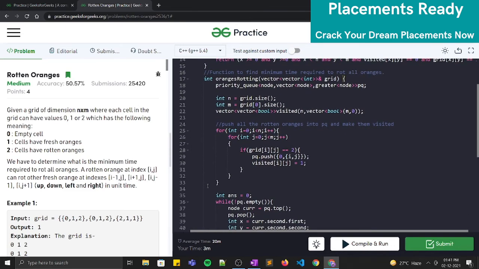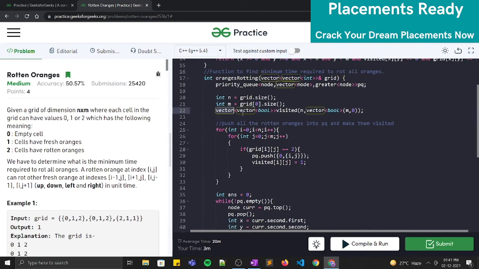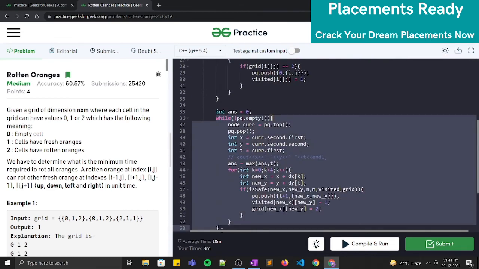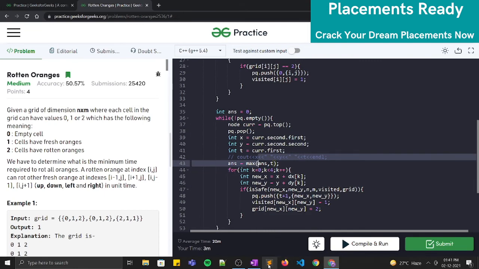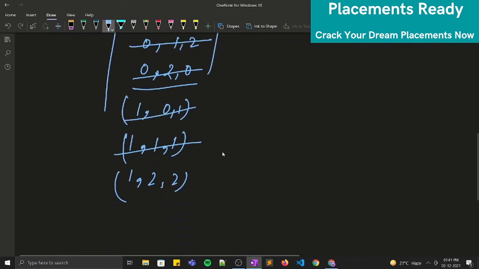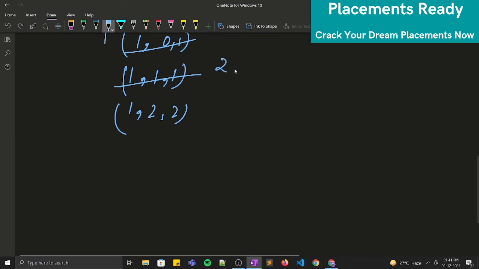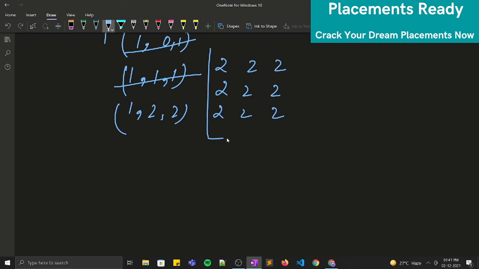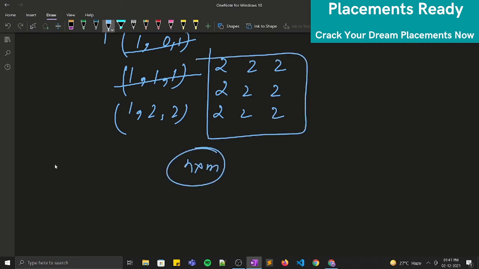Talking about the time and space complexity for this, we require a space of n cross m for the grid, and also the priority queue is there. Let's discuss the space first. Let's say all the oranges are rotten, so in the worst case the priority queue will have a size of n cross m. For the time, you require a first loop to visit all the elements, so that requires n cross m time,